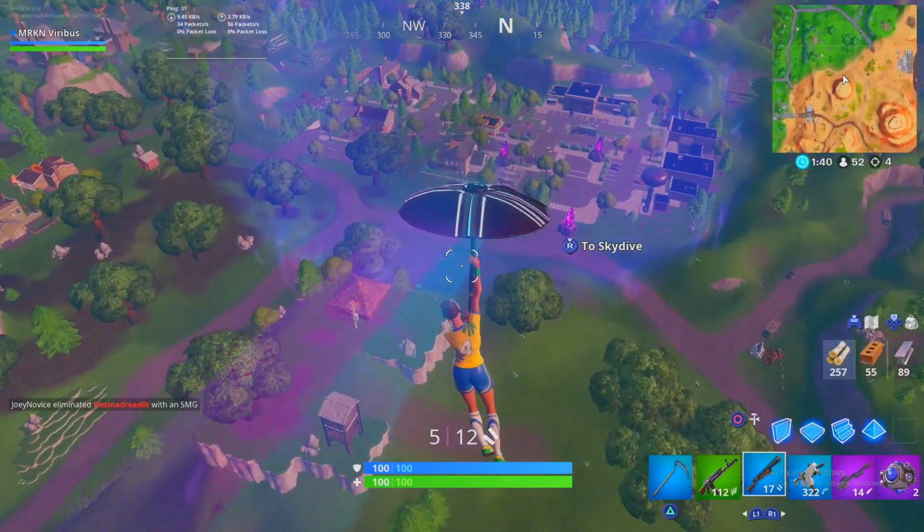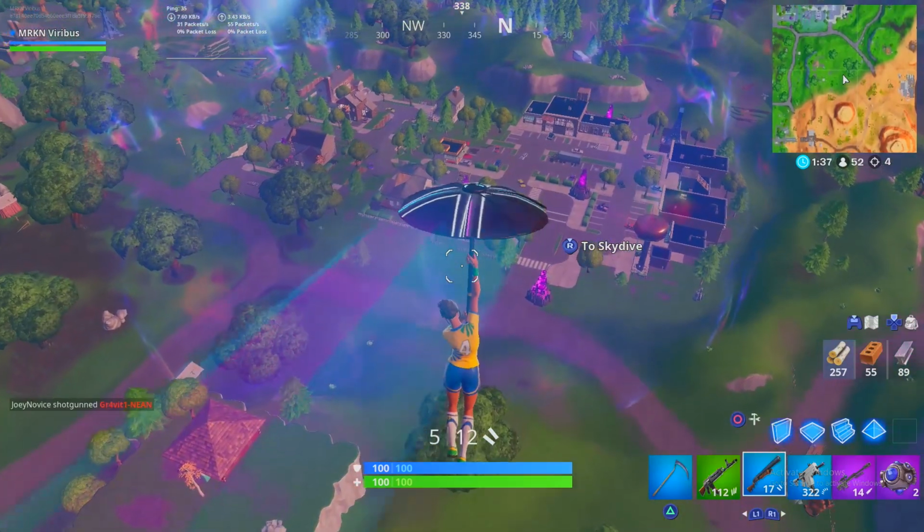Anyway guys, I strongly believe these recommendations are the best controller settings for Fortnite,